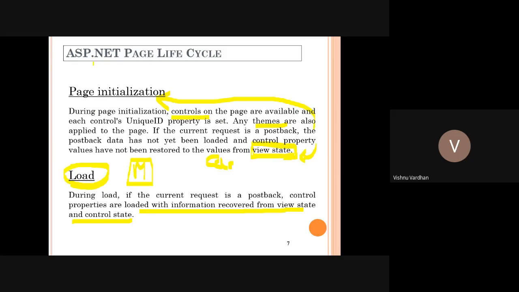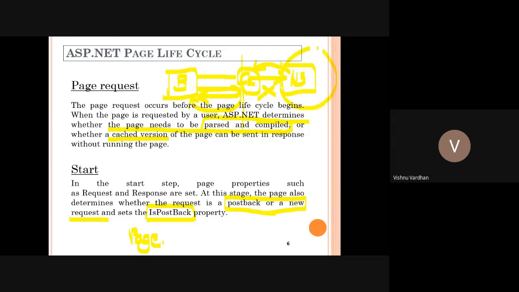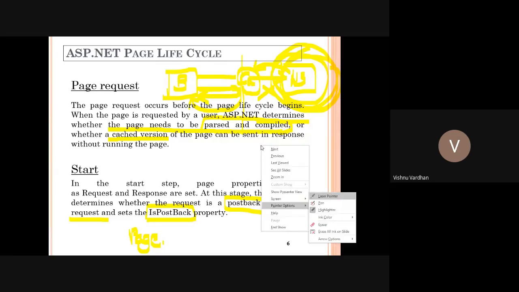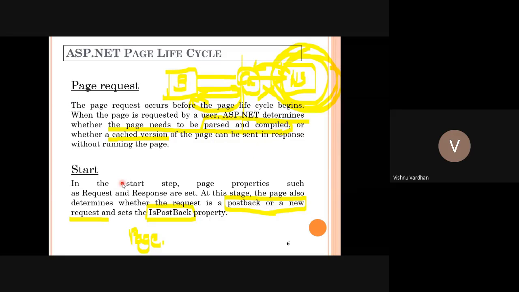But we are talking in terms of ASP.NET, so that's why all these are actually happening at this site. You have to remember this. Okay, so whatever the page request, start, page initialization, load, unload, all these are happening in this web server's memory. Web server's inbuilt memory, all these are happening not at the browser side. The browser side will only get the HTML response. That is, after the complete page lifecycle is done by the web server, then only the information is sent in the format of a response to the client, and which will be loaded by the browser.